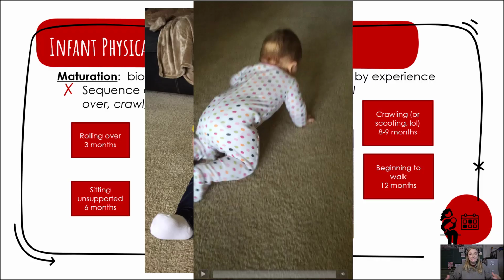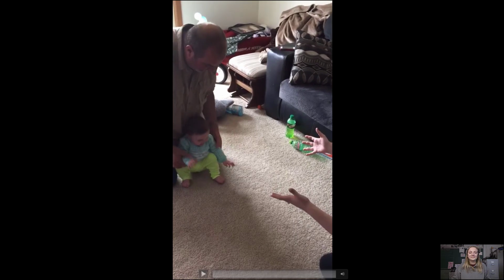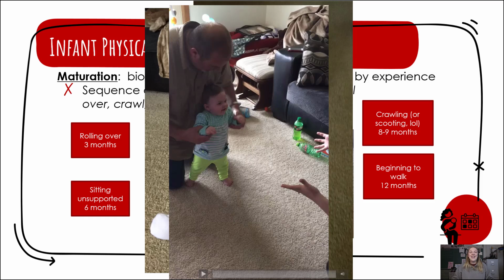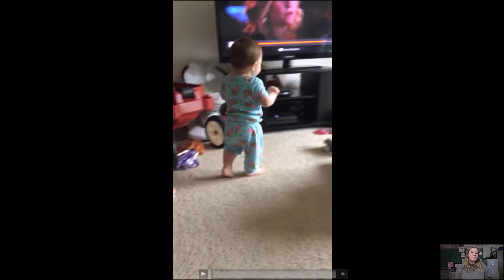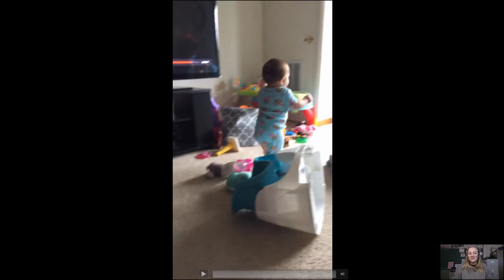The next stage is the beginnings of walking. This might include some help or some assistance from an adult to get them started to balance. And then finally, babies will walk on their own, usually by the age of about 15 months. Some babies, again, will do it before that. I love this stage. They look like little drunk sailors when they're finally walking unassisted.